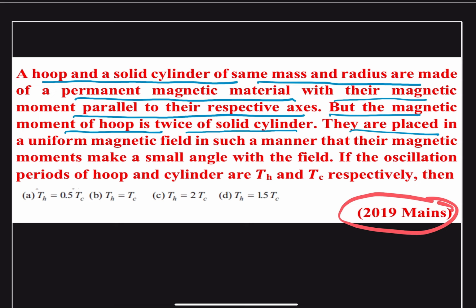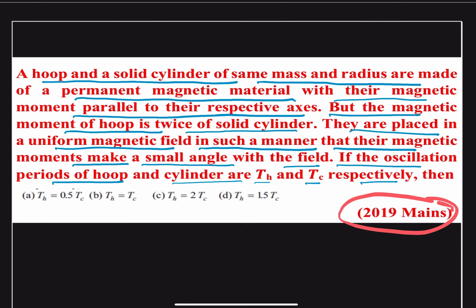They are placed in a uniform magnetic field in such a manner that their magnetic moments make a small angle with the field. If the oscillation periods of hoop and cylinder are Th and Tc respectively, then we have to find out what will be the relationship between